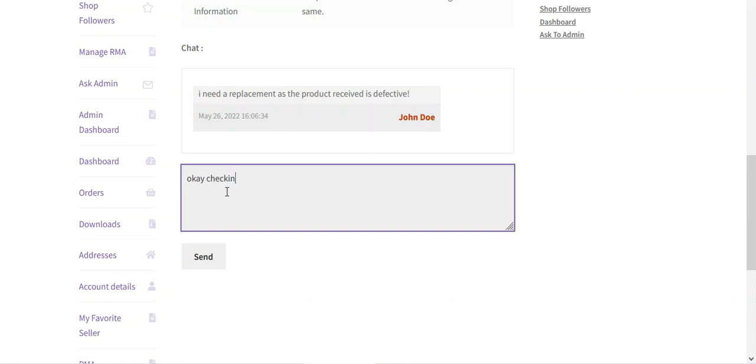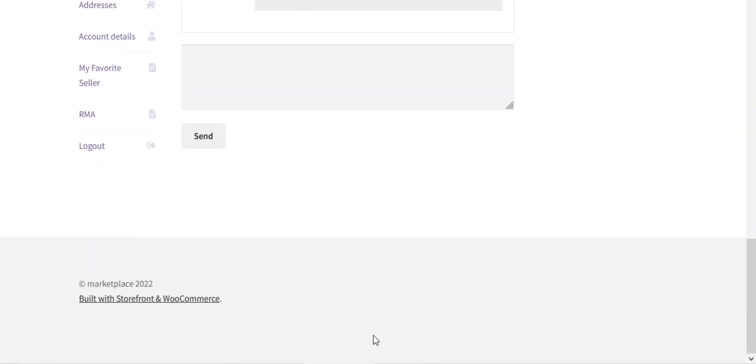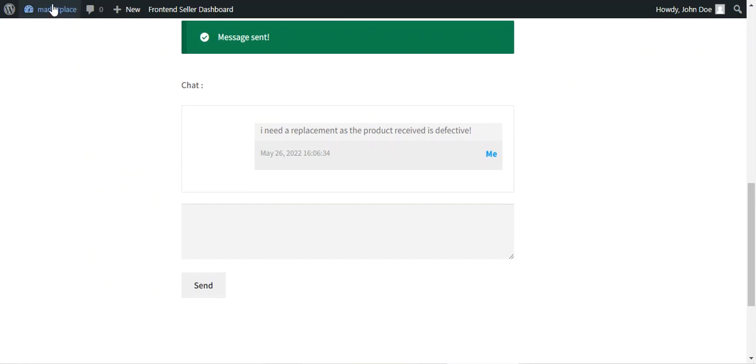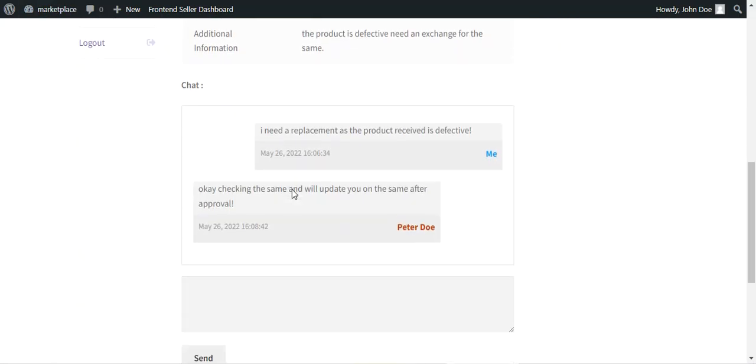Okay, checking the same and will update you on the same after approval. Right, and I can send this message back to the customer there. Now if I go to the customer account, I go to the RMA details here, and I refresh this page, I can see the particular message: okay, checking the same and will update you on the same after the